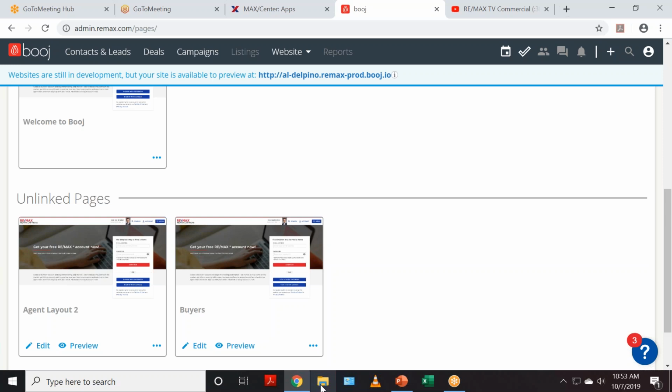So my parent page is my own agent website page, right? That we just went through, chose the template, created the content blocks, and now I'm going in and creating my child pages, which are my different sub pages that are linked to my main agent page. Right. And so in practical terms, this buyer page is unlinked, right? It doesn't connect to our web page. You're like, why would I ever have that? Well, let's say you're doing an email campaign to a bunch of potential buyers that you've been sending emails to for the past year, and you know that anytime they may become hot. So what you can do is send a link to this buyer specific page,